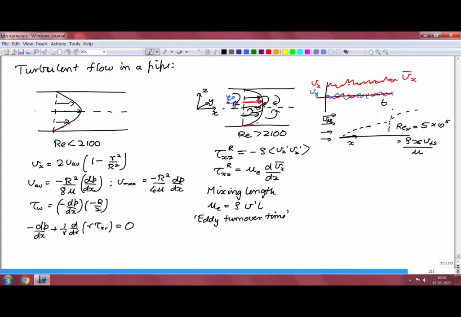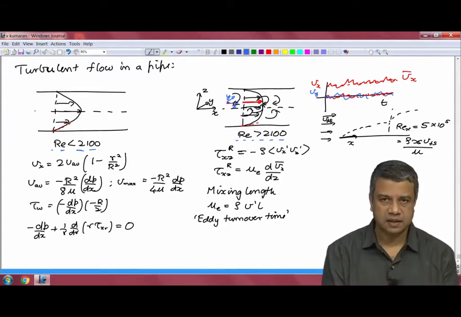So, in the last lecture we were discussing the distinction between a laminar flow and a turbulent flow in a pipe. And I told you that for Reynolds number less than about 2100 or so, the flow is laminar, the velocity profile is parabolic, and the cross stream transport takes place due to molecular diffusion. When the Reynolds number exceeds about 2100, the flow transitions to a turbulent flow, and the turbulent flow is characterized